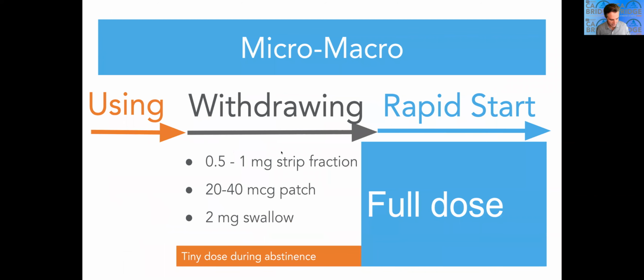Micro macro. So this is for the person who is not in withdrawal, right? So they're standing in front of you, and it'll be like me, like, hey, I want to start on Bup. And you look at them and they're just looking fine. You're like, okay, when was your last use? Like, well, I used like an hour ago. I feel fine, but I'm really ready. I'm working right now, so it's hard for me to take time off to get started on Bup, but I'm kind of afraid about the withdrawals, that kind of thing. So what I do is, at that point in time, before they enter withdrawal, you can administer a very small amount of buprenorphine.